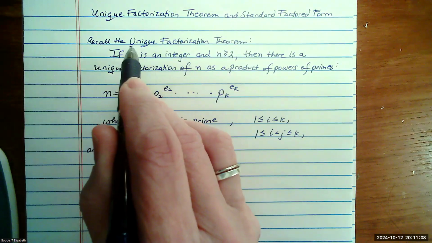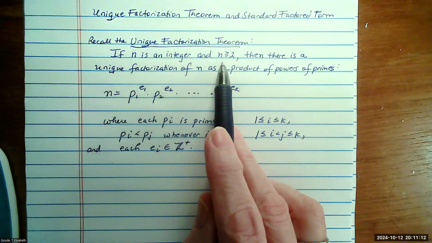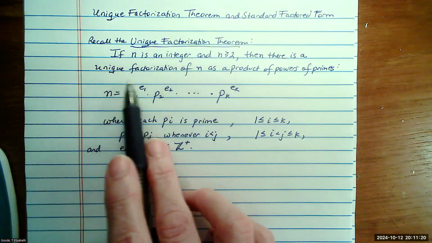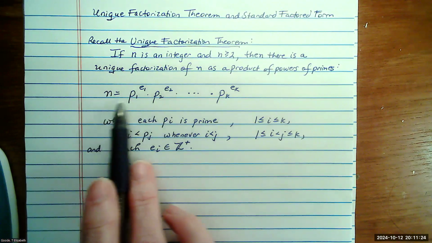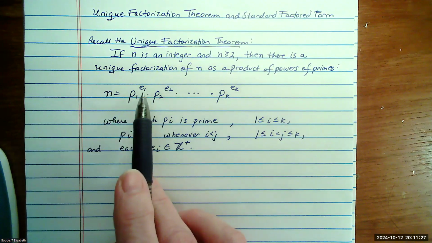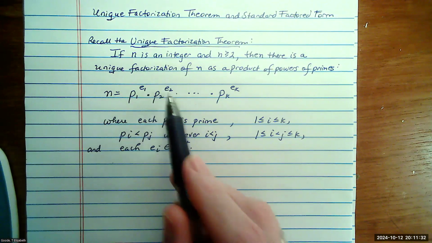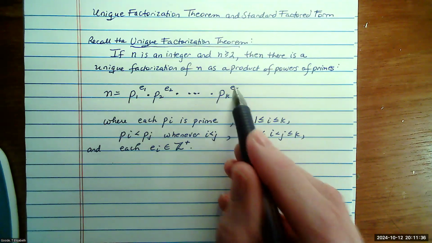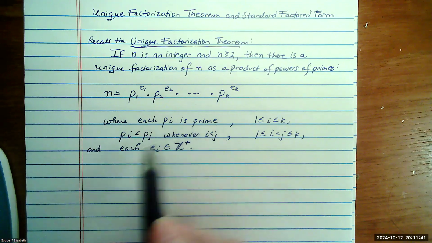So, recall the unique factorization theorem. It applies to an integer n as long as n is greater than or equal to 2. And what it says about n is that n can have a unique factorization as a product of powers of primes. In other words, n is equal to p sub 1 raised to the e sub 1 times p sub 2 to the e sub 2 times ... times p sub k raised to the e sub k,